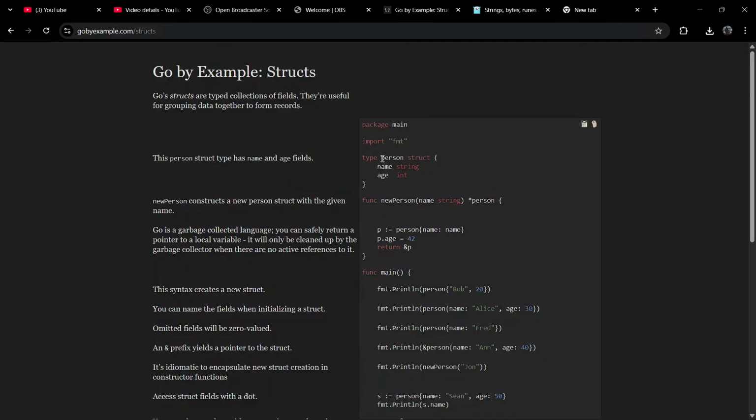Okay, we have to define it like this: type person struct to define the structure. Like in C you write struct, then the variable, but here it is different.